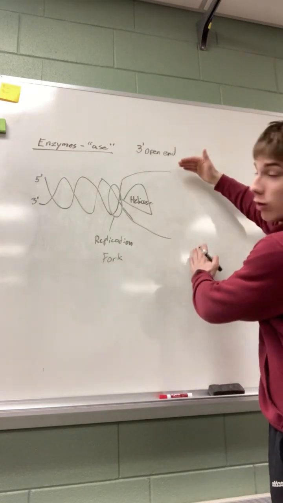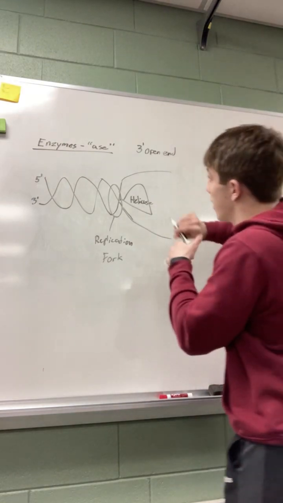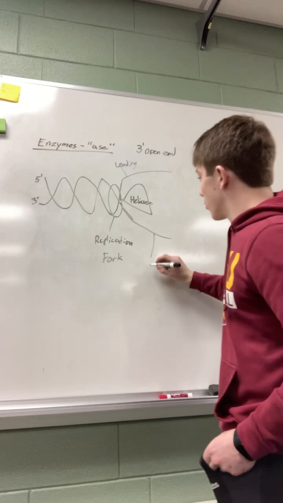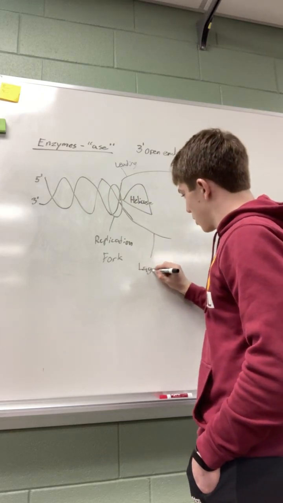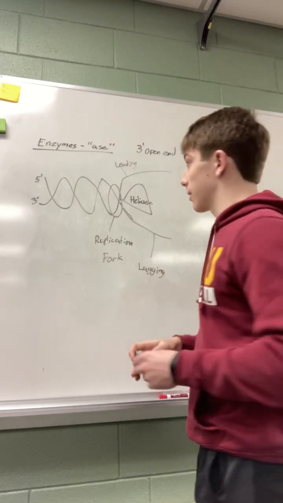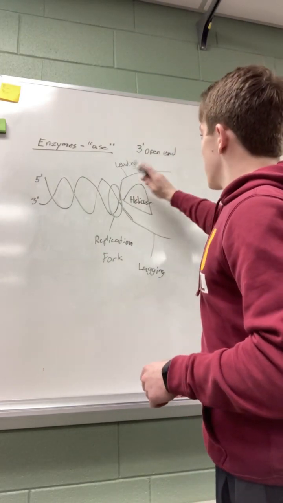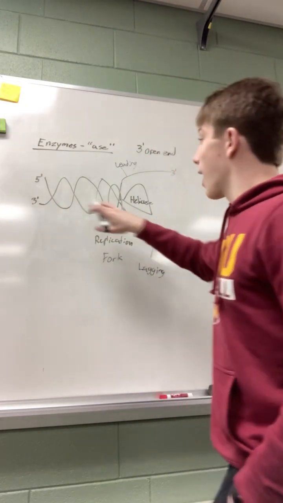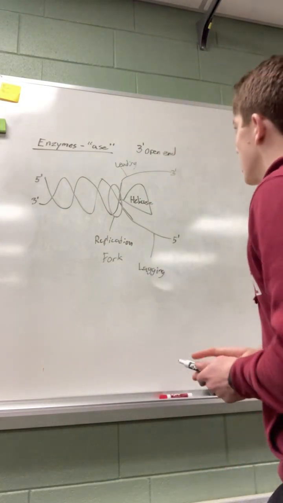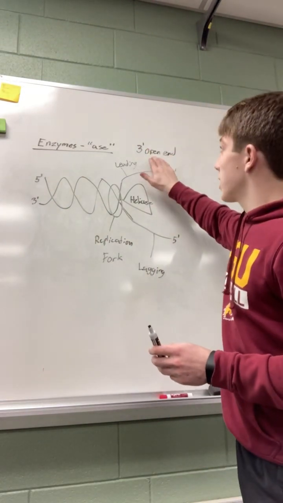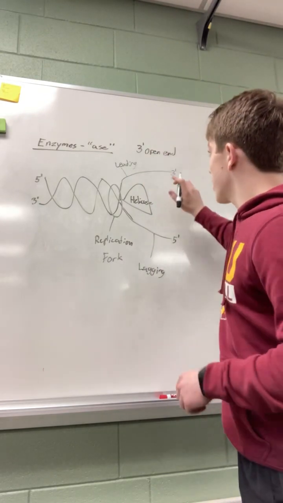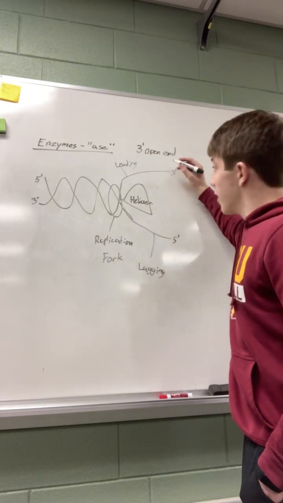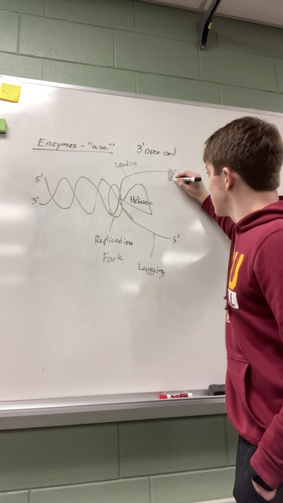So now you can see that we have two different strands here. This top one is going to be our leading strand. The bottom will be our lagging strand. The names will mean more in just a second. And so the top will end in a 3' and the bottom will end in a 5'. Get it? Because it is the opposite of what the strand started as. And so now that we know DNA can only be created at an open 3' end, that's where we see our leading strand. It's got a much simpler task because now that it's a 3' end, the enzyme DNA polymerase